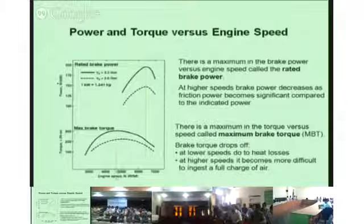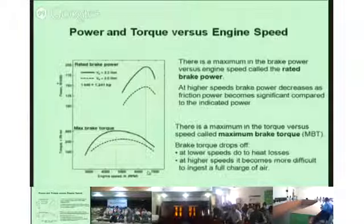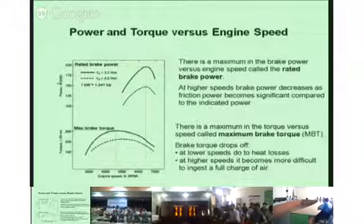Roughly 4,800 RPM, your torque is maximum, and power is maximum at 6,500 RPM. Both are not at the same RPM. The reason for this is